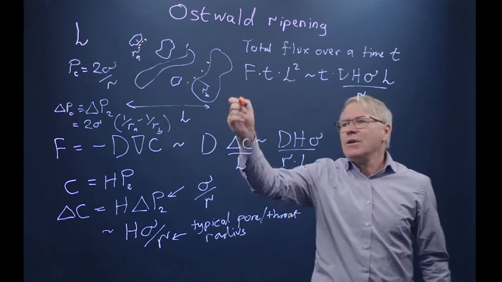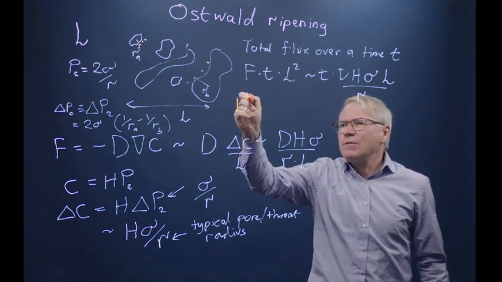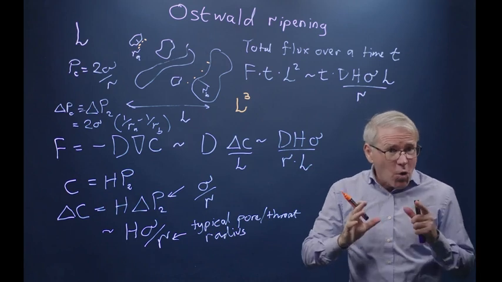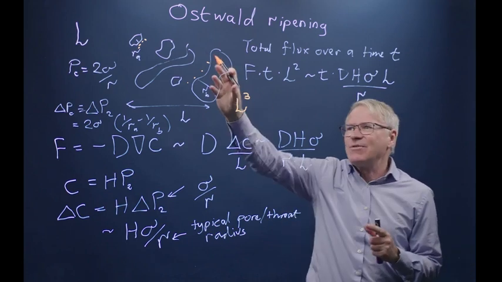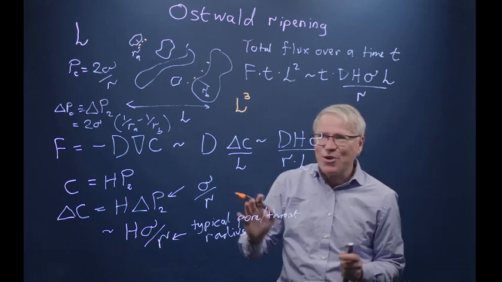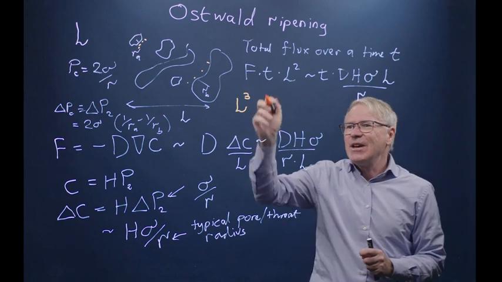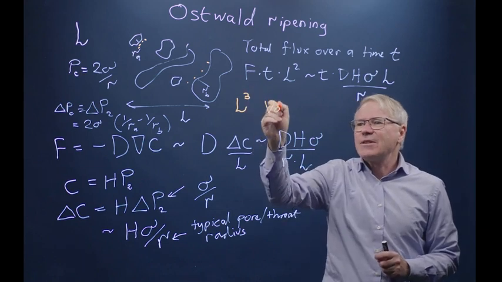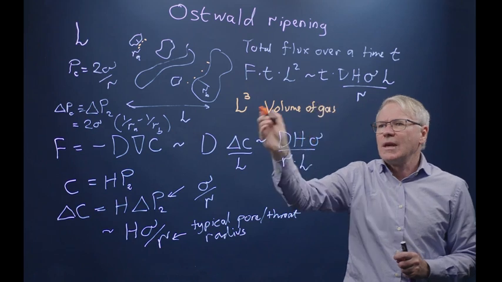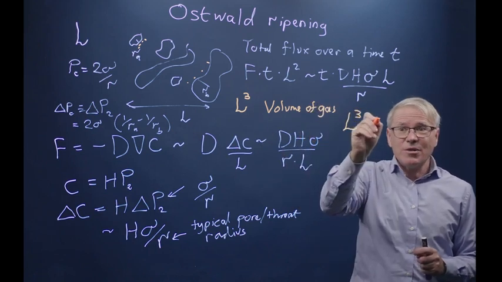So what we have is a volume L cubed. How much gas do we have in that volume? Virtually all of the moles of gas are actually in the gaseous phase. I know some is dissolved, but that's a small contribution. So let's look at how much is in the gaseous phase. So the volume of gas is going to be L cubed times porosity